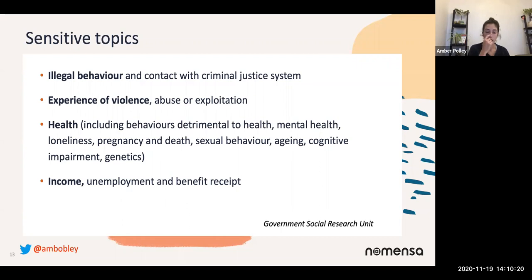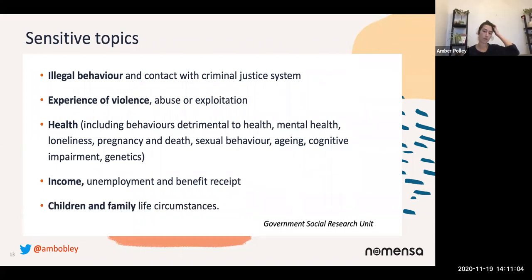I was working with a client and it wasn't research with vulnerable people. However, it became apparent that there were vulnerabilities within the research participants we were talking to. We were working with an energy company and their customers, and the main target audience were from lower socioeconomic backgrounds, and they were all paying for their energy through prepayment meters. It wasn't apparent beforehand, but people were coming into those sessions with a lot of emotion about the way they paid for their energy, and it came through when they were asked the questions. So by learning how to deal with vulnerable participants and what you need to consider, you can also prepare yourself for these unexpected moments.